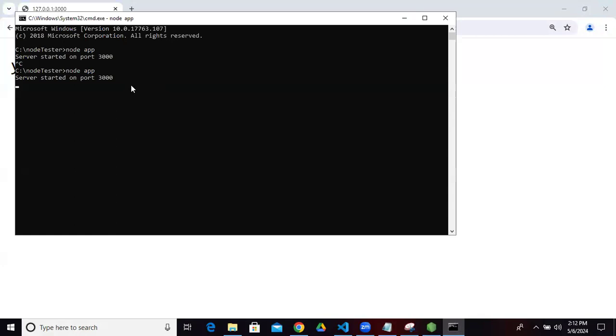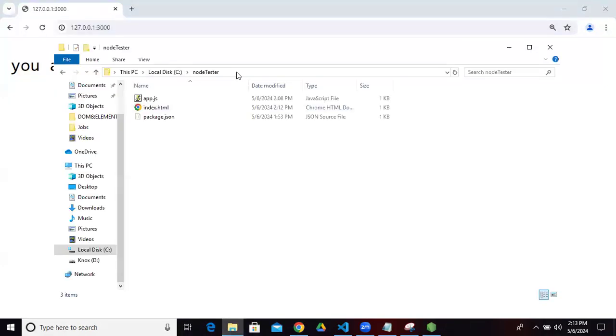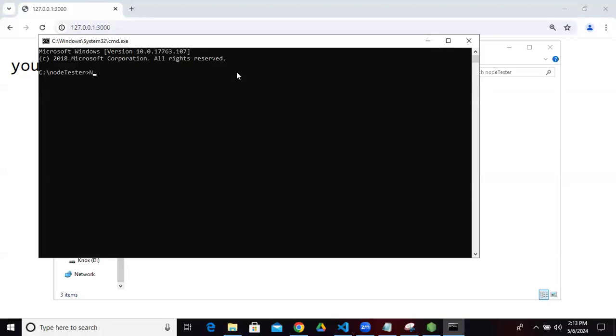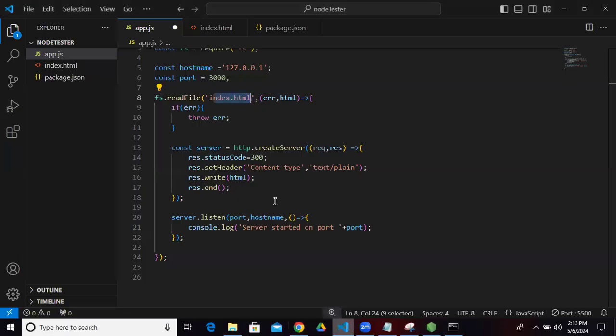I need to cancel. Just cancel it. Then I want to go and reload it. So just come on top of Node app. Now, whenever you make changes, make sure you restart the server. So port 3000. Now, when I come to port 3000 and press enter, port 3000 is supposed to read my files,